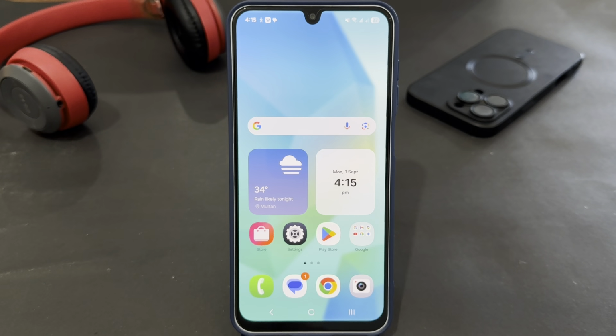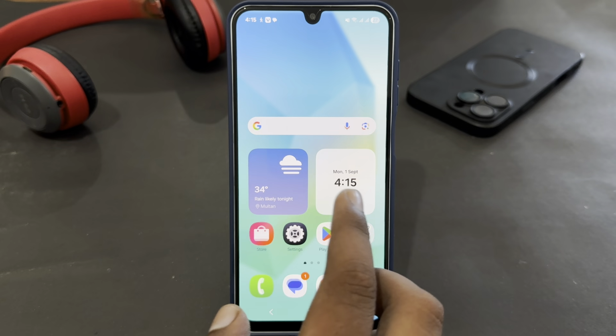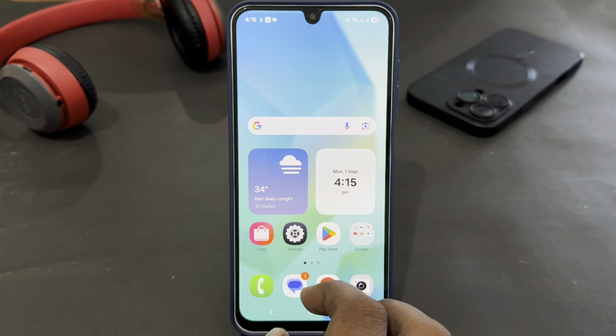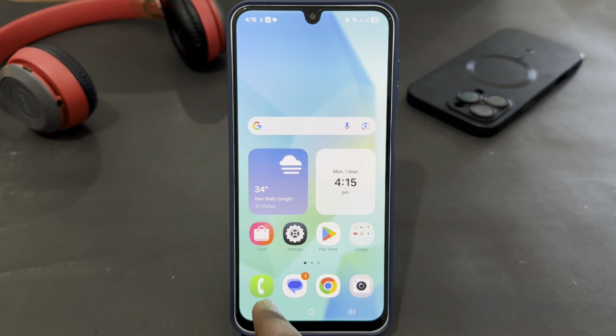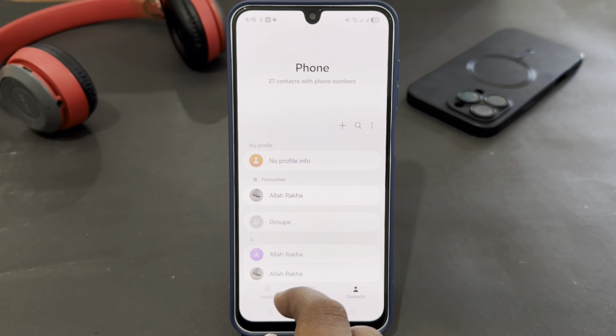Hey guys, today I'm going to tell you how to hide your number for outgoing calls in Samsung Galaxy A17. If you are using A17 and now you want to hide your own number for outgoing calls, let's see how can you do that. You just have to open your phone call app and here just tap on three dots